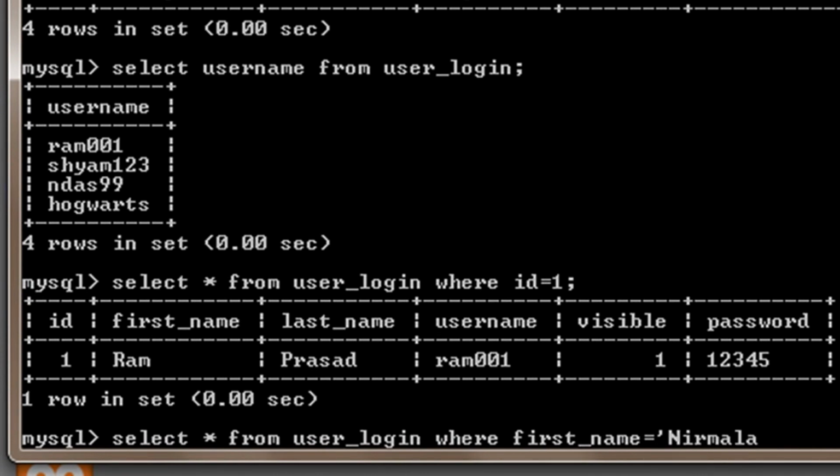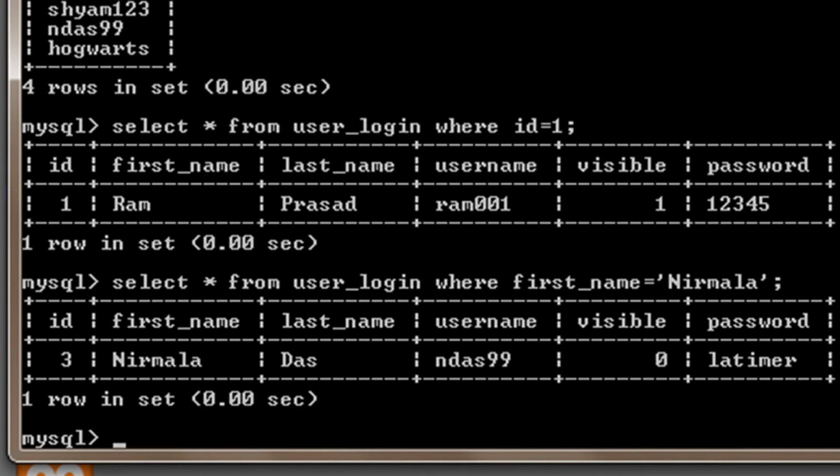So this will give me only the row which contains first name as Nirmala. So here it is, ID equals to 3, first name is Nirmala, last name is Das, and username is Ndas, and so on.